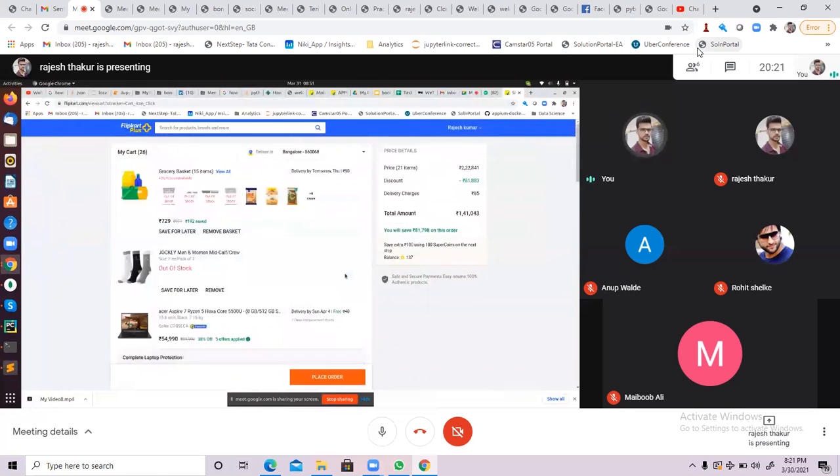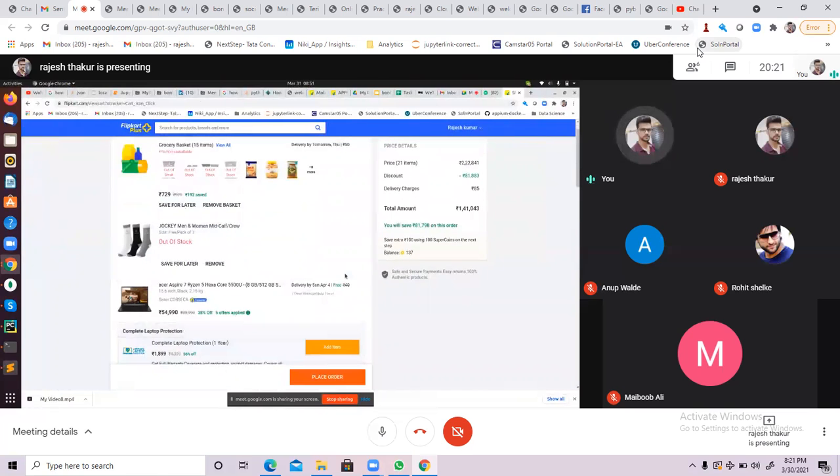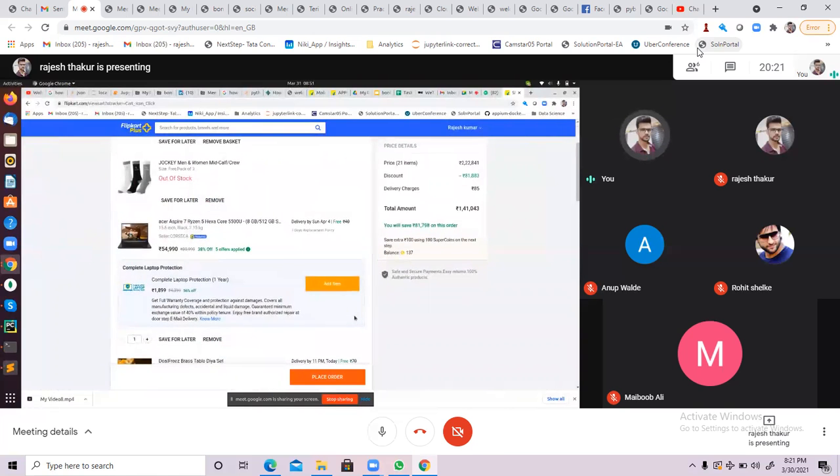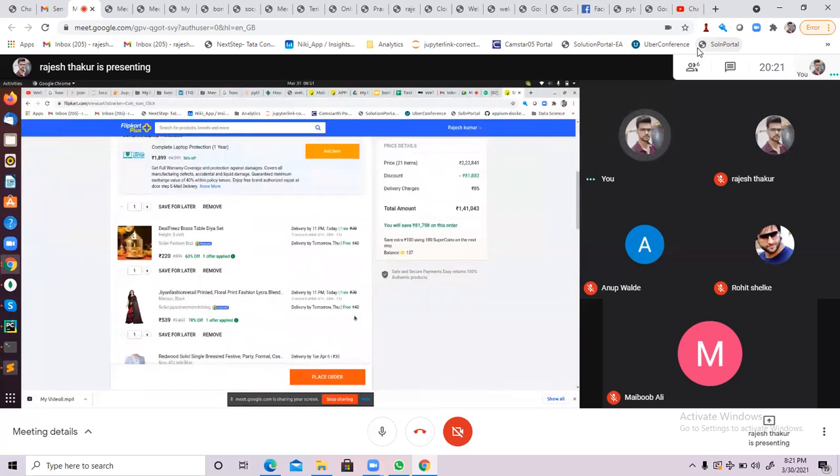Yes, it is correct. So now I have to verify that if I log in with the Rajesh Kumar credential, this many cards are there. If I'm logging in with your credential, then this many cards are there. So cart size is dynamic in nature, right? Dynamic in nature in the sense that it is going to change based on which user has been logged in to the portal. Now, how to verify those things?